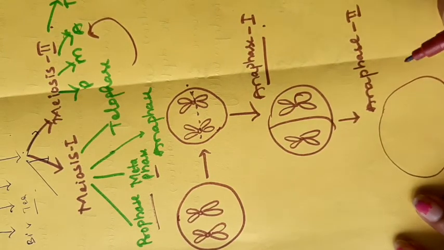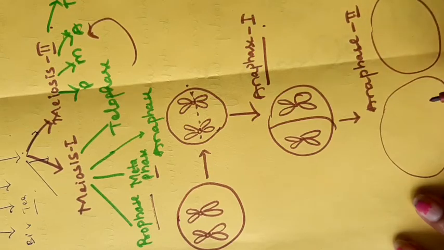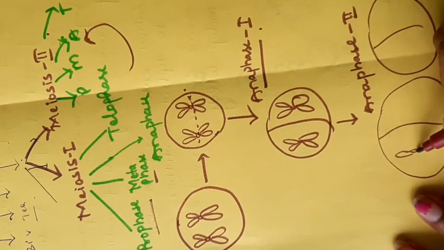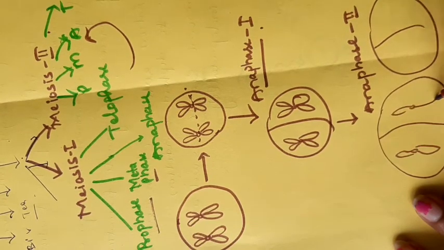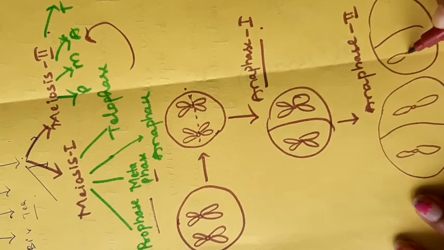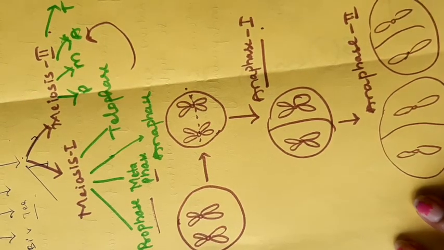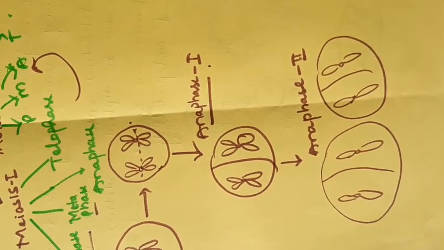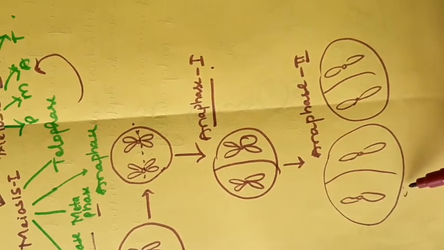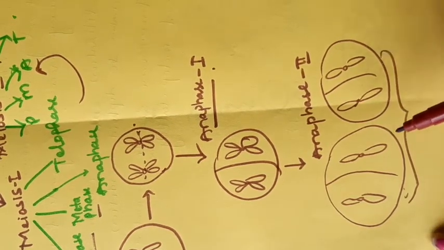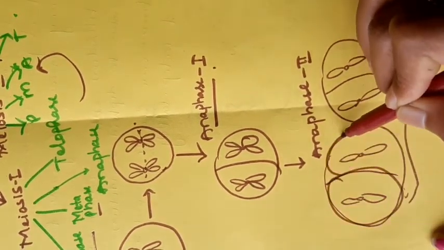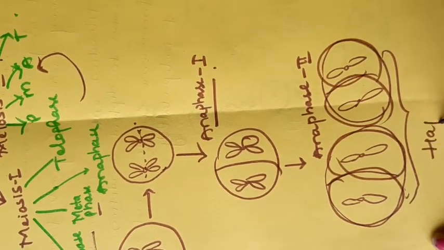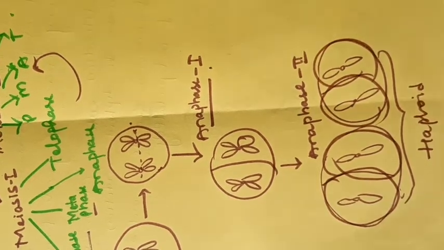During that, two cells are formed, a bivalent chromosome moves into 4 different gametes. This is what will happen during anaphase 2. Four haploid cells are formed. These are going to be separate. Four haploid cells are going to be formed. This is the actual process of meiosis.